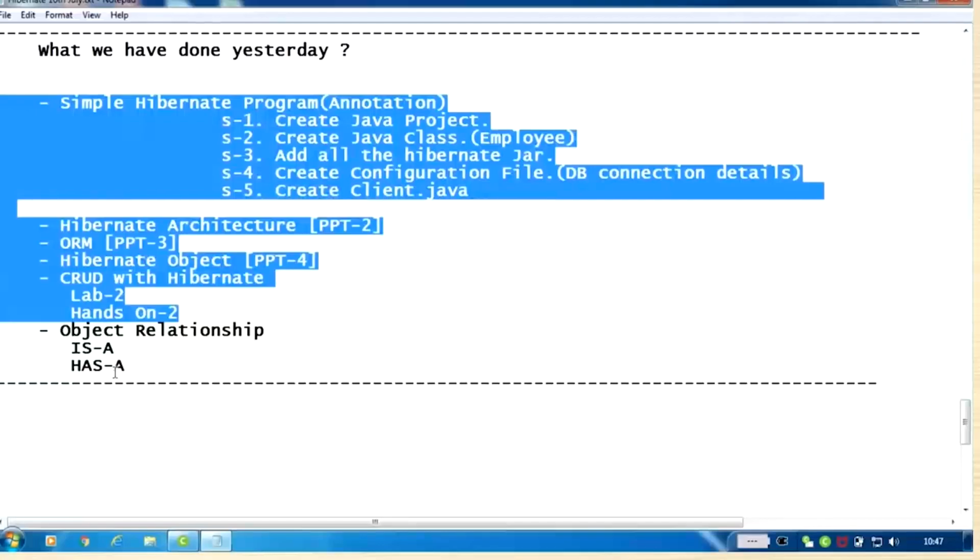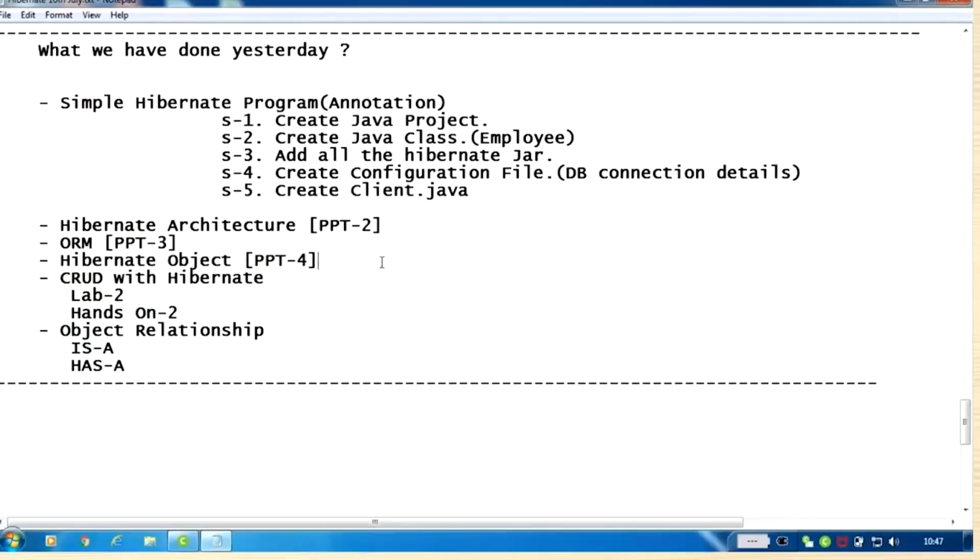By steps, how much you can complete. Fine. Okay. Now, first example is annotation implementation. So the same Hibernate program will be implemented using annotation. What are the advantages? I don't have to create that mapping file. So we know that last day we talked about if I'm going to